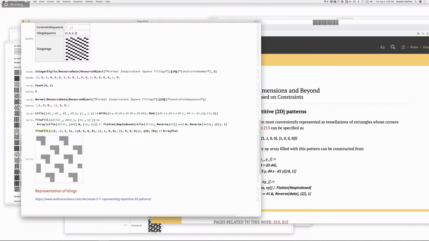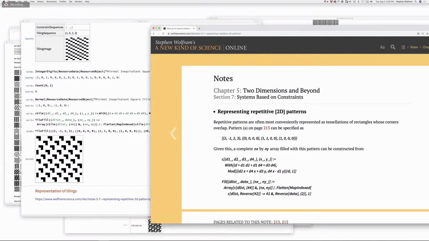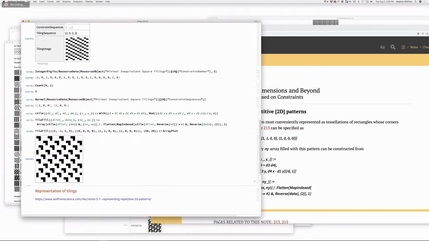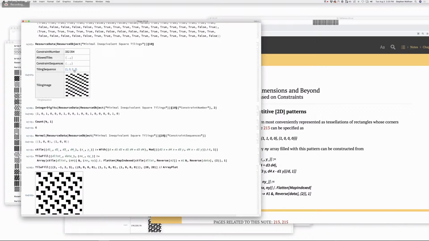You get what I'm saying? So there's a representation there, but I don't understand what the relationship is, where this piece is coming from in this table here. Do you understand what I'm saying? And I don't understand what the tiling sequence is relative to that. Clearly, I'm really surprised that in the NKS book I don't give the distribution of